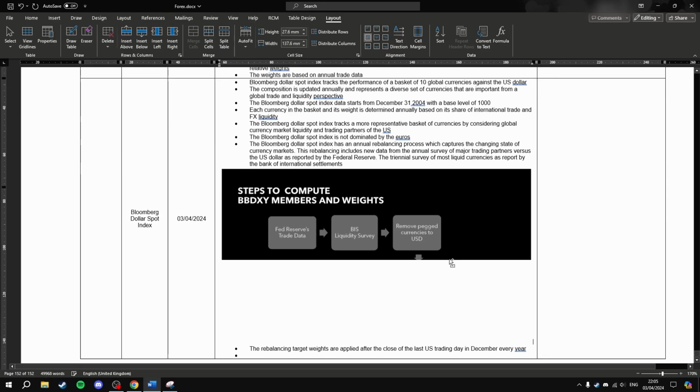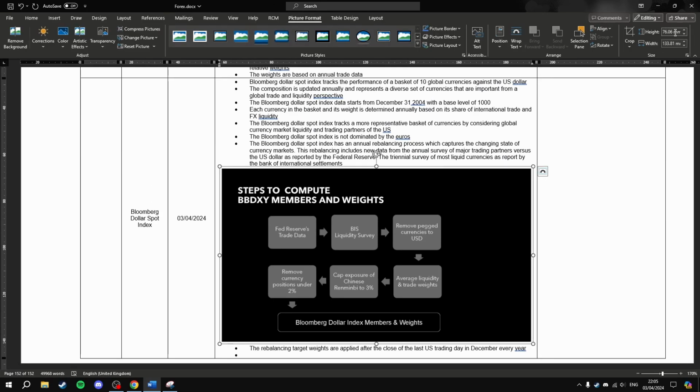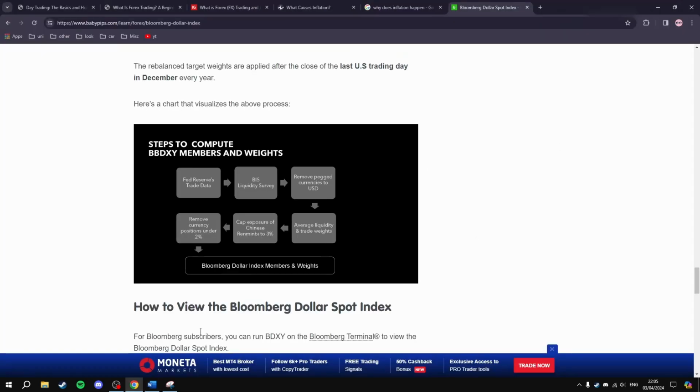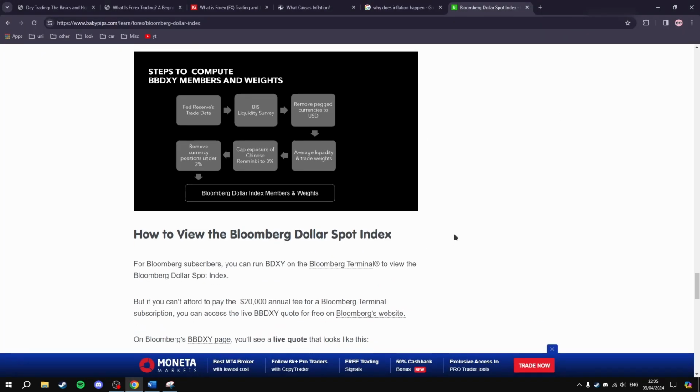But I'm probably going to make my own one for this one as well because there's not that much data or no explanation on which of the step does. So yeah, how to view the Bloomberg